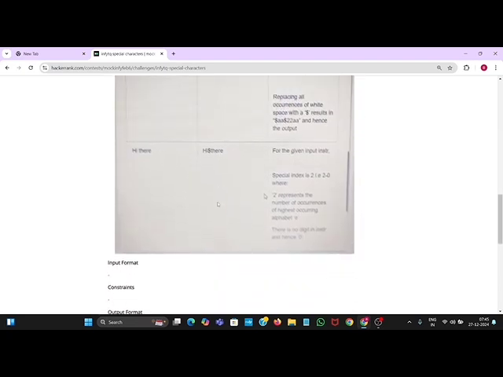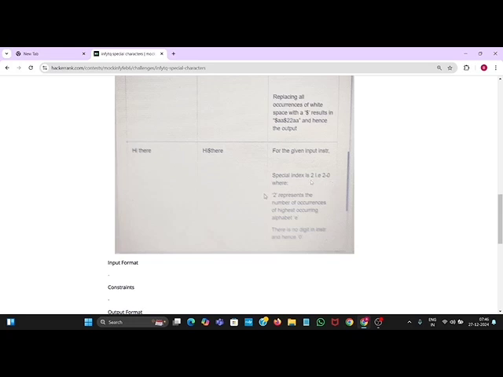Let us go through another example. At first, here the input string is I space there. We have to calculate the special index first. We have to consider both the cases, digit case and alphabet case. Here we don't have any digits, so it will be 0. Coming to the alphabet case, here H occurs 2 times and E occurs 2 times. T occurs 1 time, I occurs 1 time, R occurs 1 time. Out of these, H and E occur 2 times, which is the maximum. We take the maximum as 2. The special index will be 2 minus 0, which is 2.